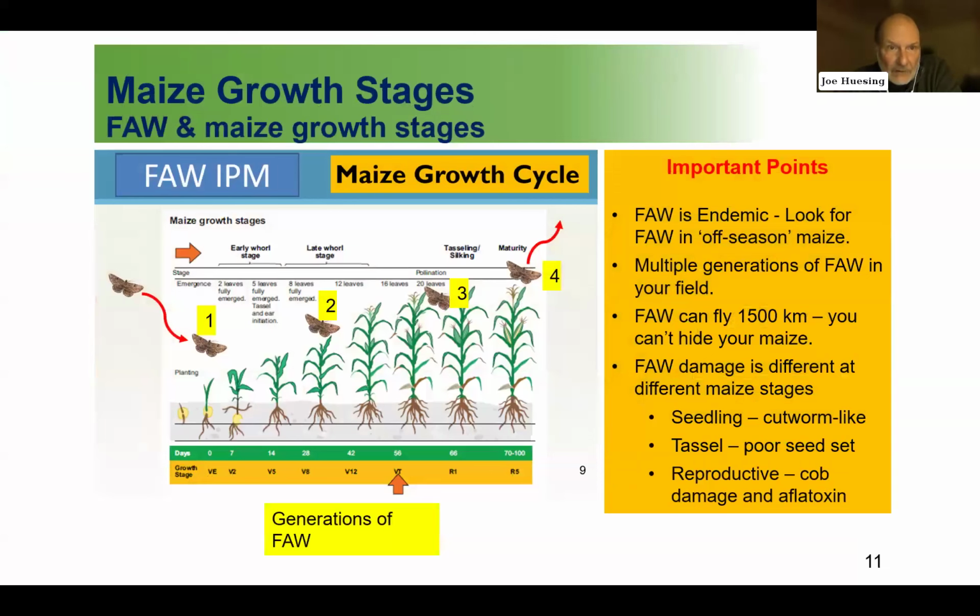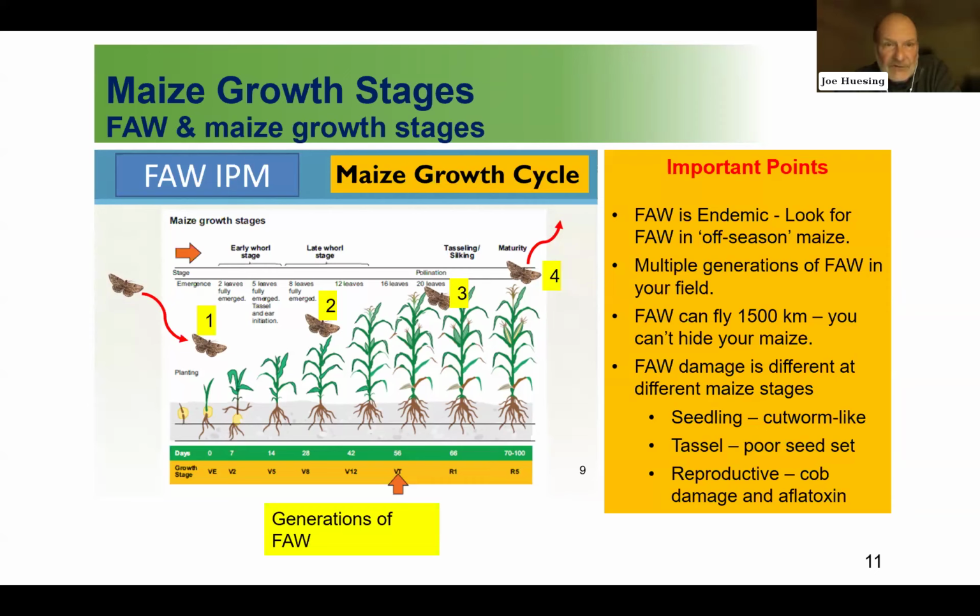Next slide, please. I do want to point out that in areas where this pest is endemic, you can have multiple generations of the pest present in the field across the season. So what we did here is we just put this slide together showing the growth stages of maize. This is a 100-day maize. There's a potential in a 100-day maize growing season to have up to four overlapping generations of this pest. And it's important for farmers to understand how to recognize the early stages of an infestation when there's overlapping generations, and they'll look different.